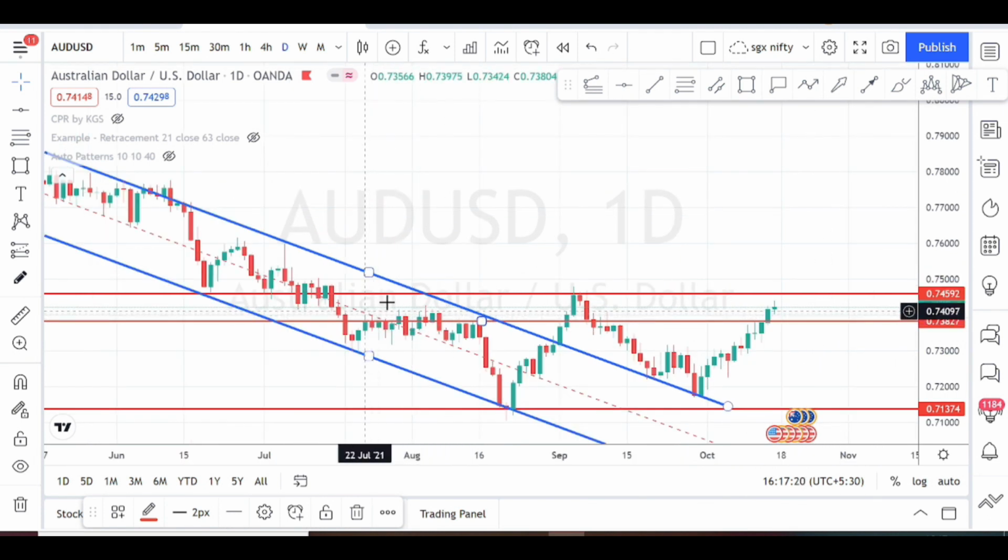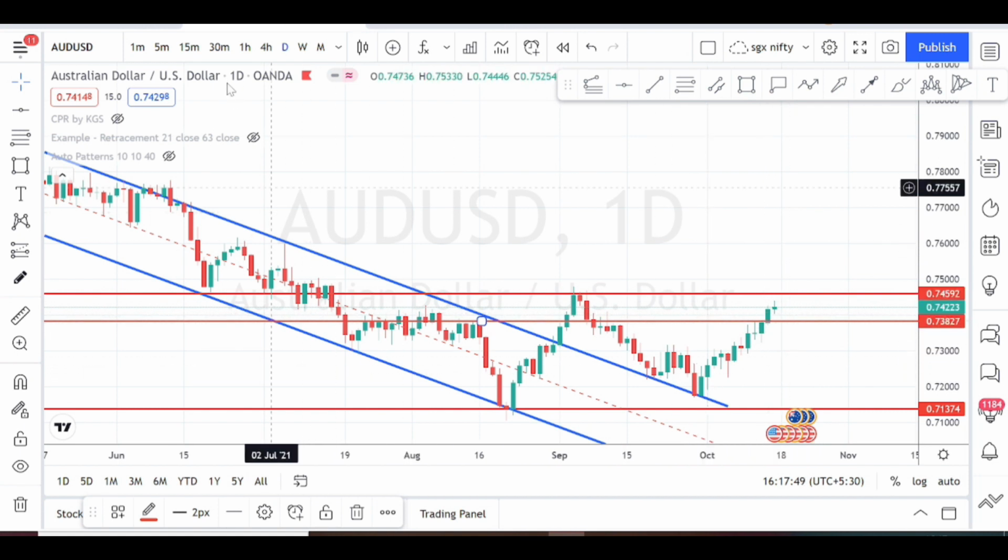When we notice here also, it has tried to break this resistance several times, then it has bounced down, again retraced, then found resistance here, which was the previous resistance over here. Then the trend reversed, again found support in the dynamic support from the channel pattern. Now it has again bounced back. It is retrying to break this resistance over here.